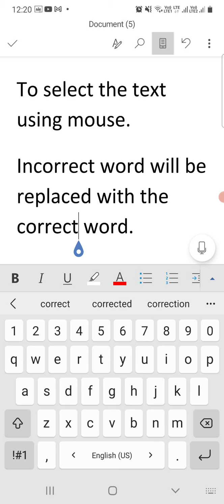But in mobile, you don't have grammar mistake checking. In your laptop or computer, it will show you a green or blue wavy line to indicate the grammatical mistake. But in mobile, it will not show you that. Okay, so let's try once a simple line.